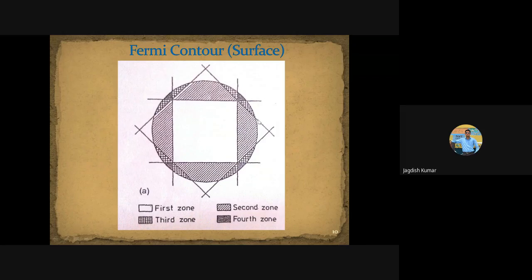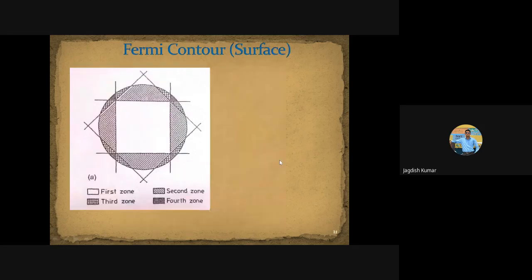So a portion of it is lying here in the second Brillouin zone. Now I hope you can identify what the second Brillouin zone is. This full triangle is the second Brillouin zone. This triangle is also the second Brillouin zone. This triangle is as well the second Brillouin zone. This is also the second Brillouin zone. Correct? Similarly, a portion of it is also lying in the third Brillouin zone. I think this is the third Brillouin zone. This is the third Brillouin zone, right? And then some portion of it is also lying in the fourth Brillouin zone. Now, how to transform this back to the first Brillouin zone is actually the objective. And this transformation uses the idea of reduced zone schemes. Now, this will be making things more clear to you, I hope.